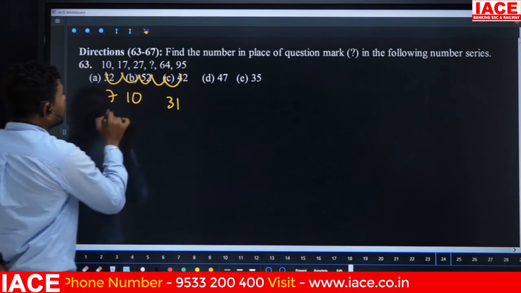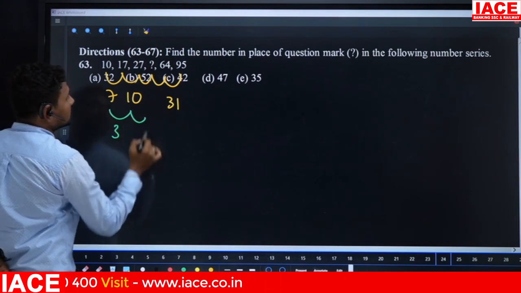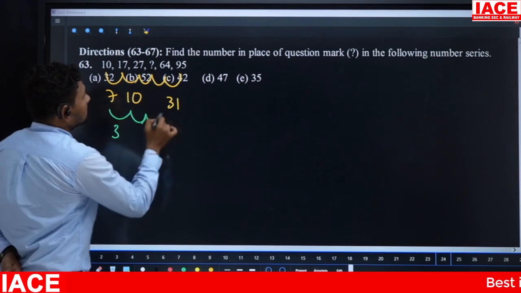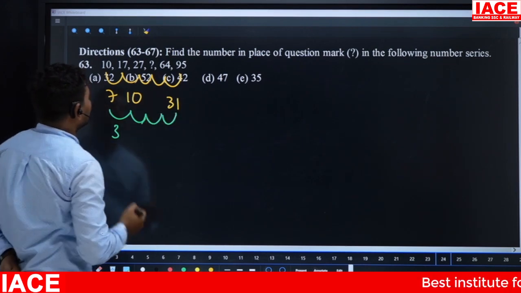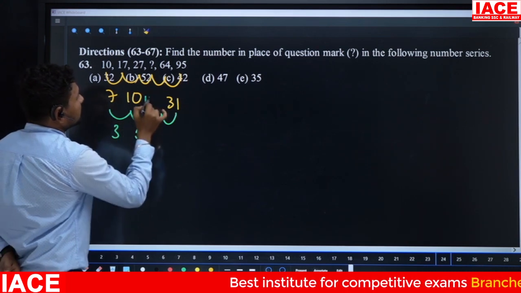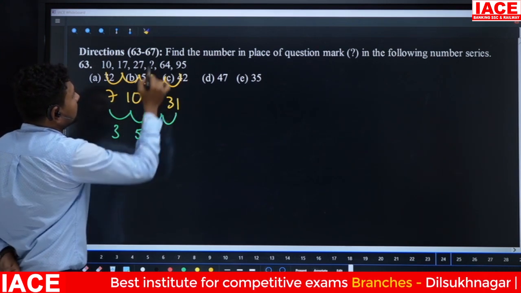So again I am taking the differences 3. Here is difference what you can expect 3, after the next 4, either we can expect the 5. So that is the value we should expect now. So 7 plus 3 is 10, 10 plus I am going for 5, 10 plus 5 for example 15, 27 plus 15 it is a 42.